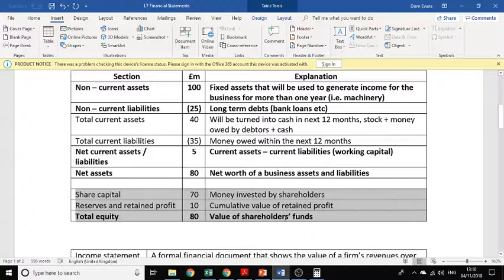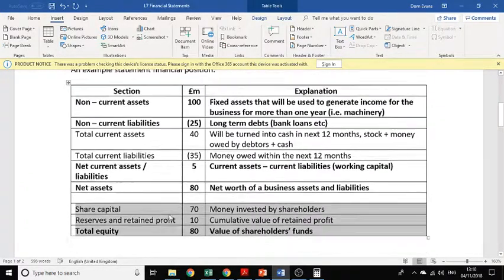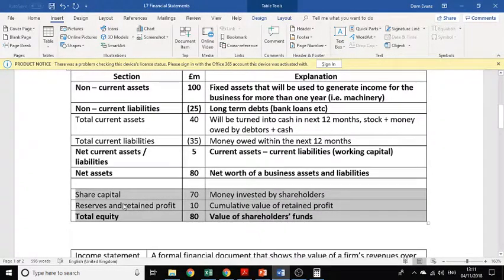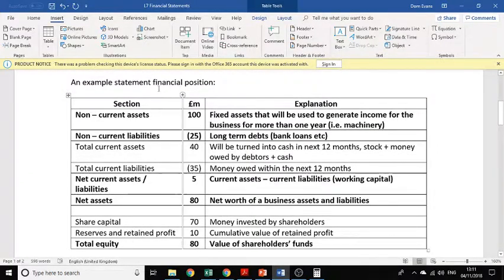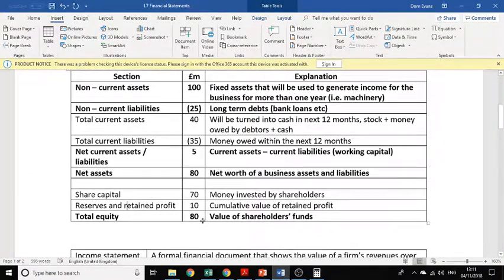It doesn't indicate that you will need to know this at all, but you can also see on a statement of financial position where that 80 million has come from. Well, in this case, 70 million of it was invested by shareholders, and they've also acquired 10 million from retained profit. So this is where the 80 million pounds has come from. All right, it used to be called a balance sheet because that total value of the business had to come from somewhere, and the total equity told you where it came from.